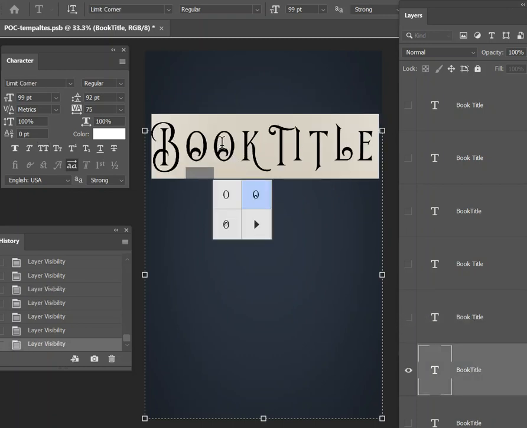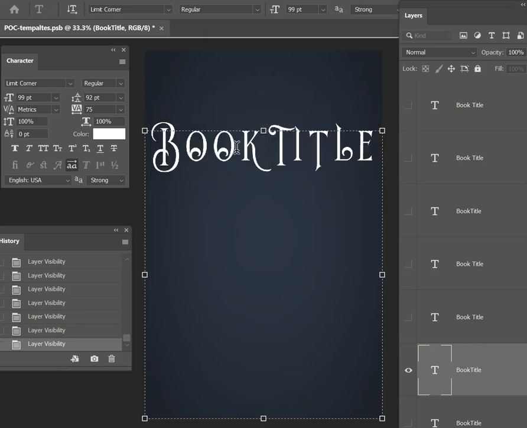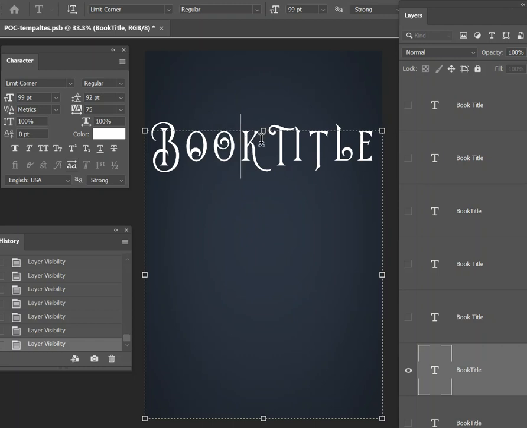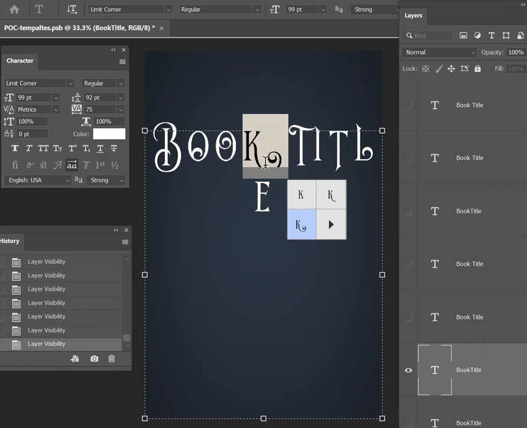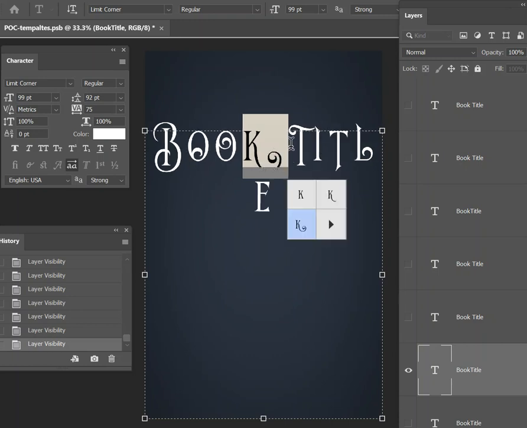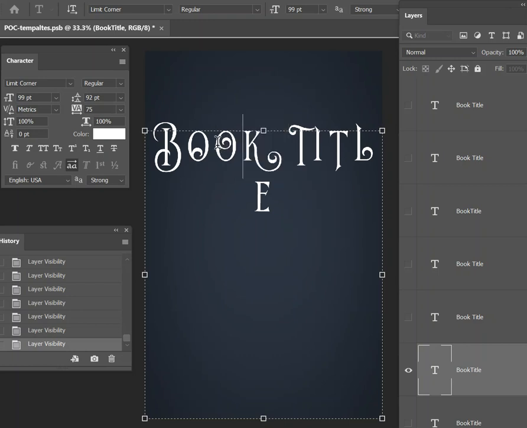Another interesting one is called Limit Corner. And this is one of those fonts that I think has a lot of different options. So in Photoshop, with each of these letters, it gives me several different cool options. So I can really get a very distinct look for what I'm going for. And even these,